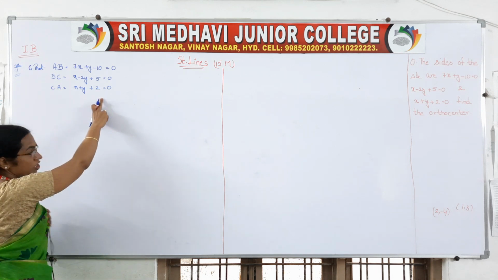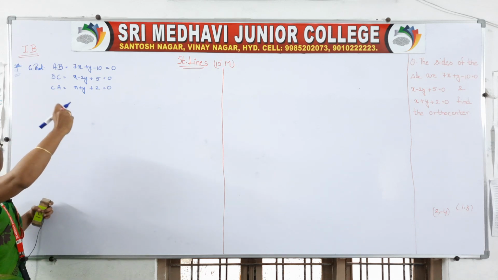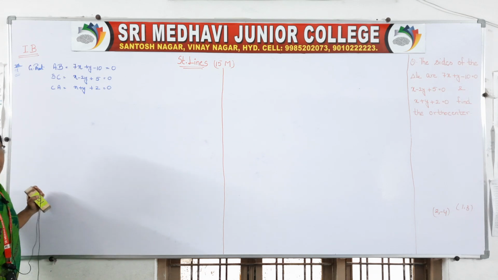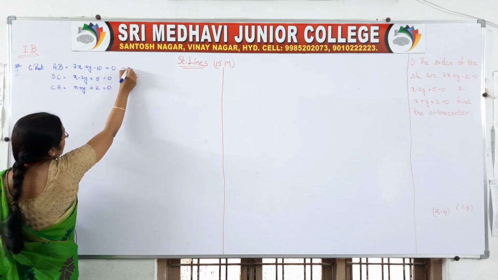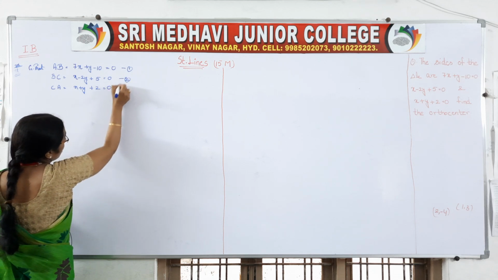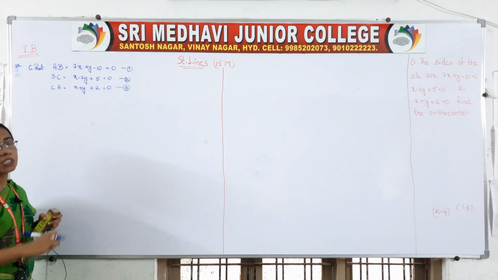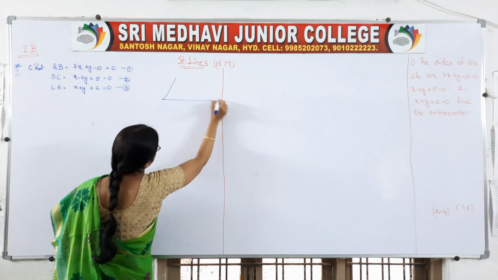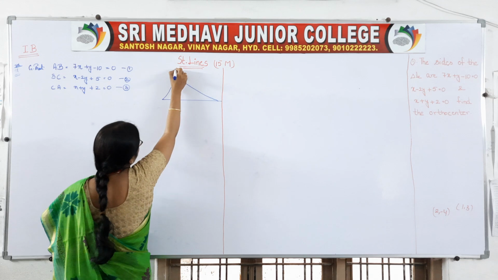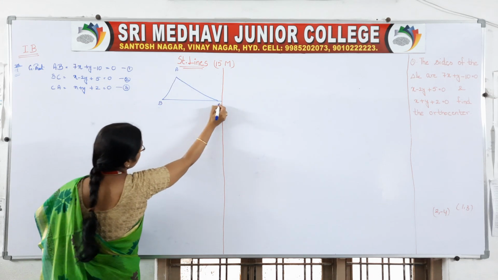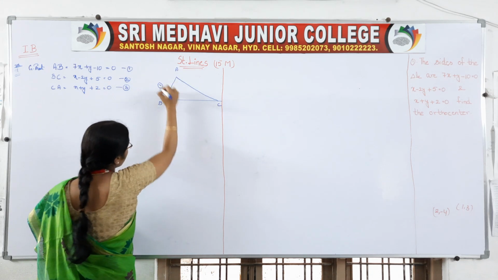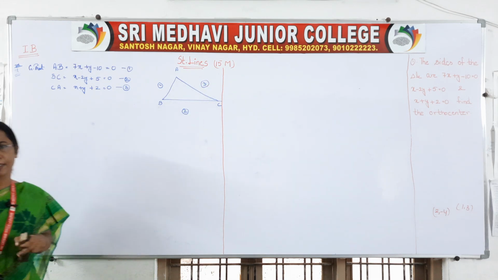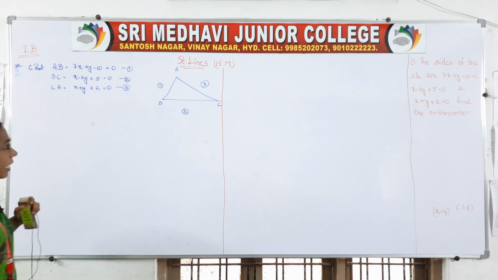Even in the final examination, after copying the question from the question paper to the answer sheet, you have to check your equations two times. Then only we will get our answer correctly. So these are the 3 sides of your triangle. Take one triangle A, B, C. This is your first line, this is your second, this is your third. Sides are nothing but the lines of the triangle.